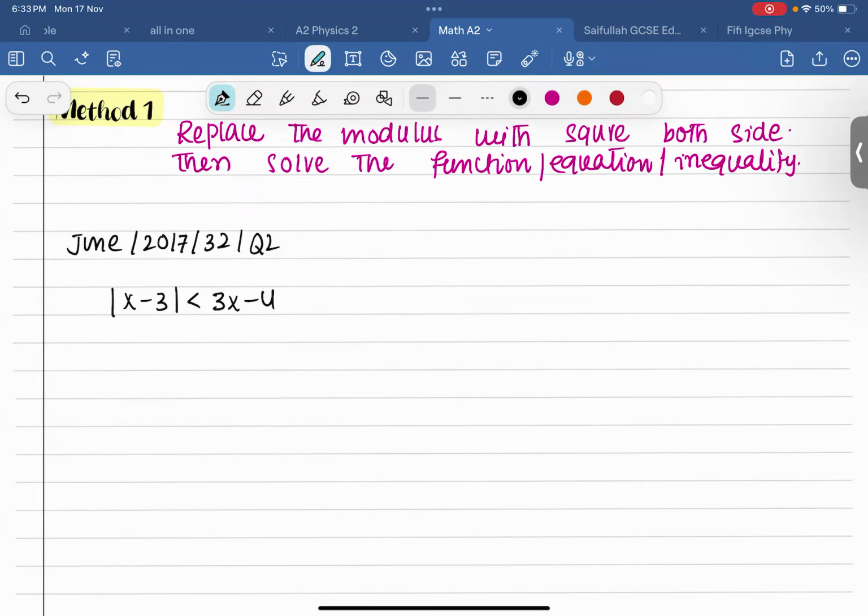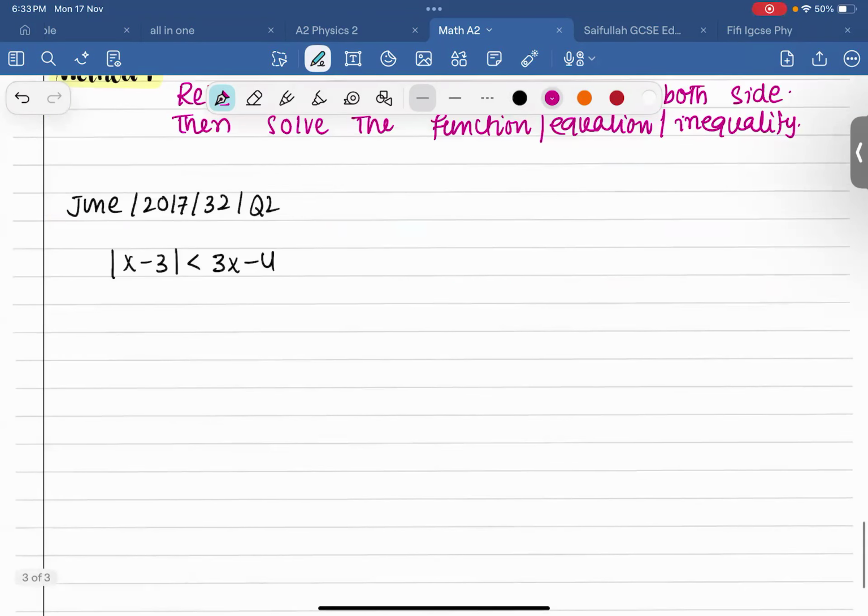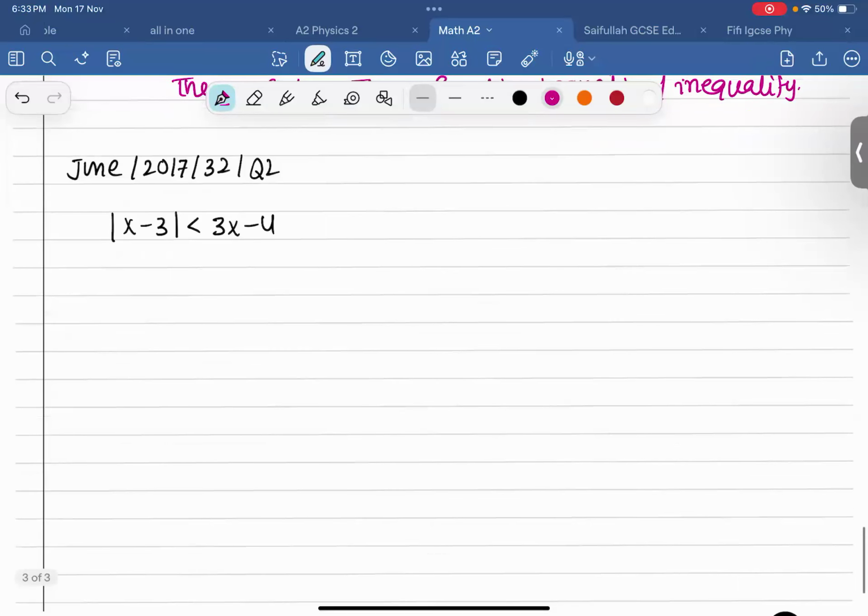If you have a modulus on any side, you have to apply the square on both sides, to hold the mathematical rule. So if we just square everything, we'll get,